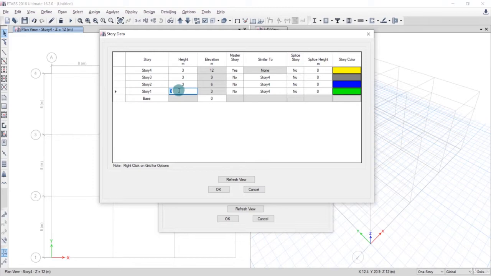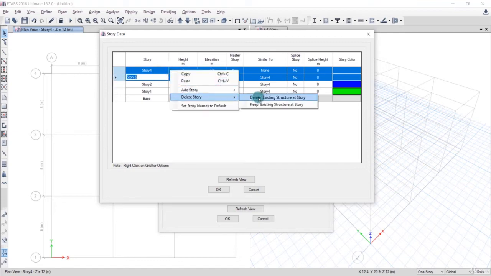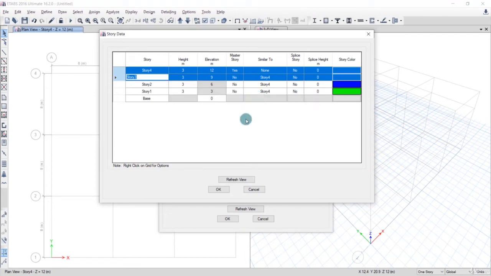Right now it happened that the default values are equal to the values that we have used in the example, but sometimes it might not happen. For example, if the floor height is like 4 meters, then you just have to hit 4 and hit enter. Okay, so we'll go with 3, and we got story 2 at 3 meters as well, and we don't need these two stories. We'll just right click after selecting and click on delete story